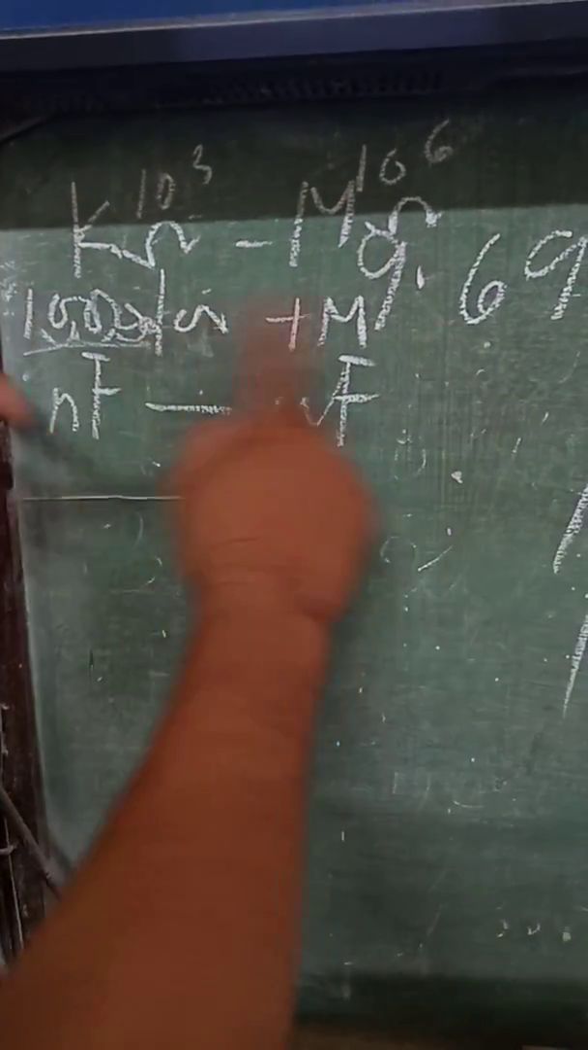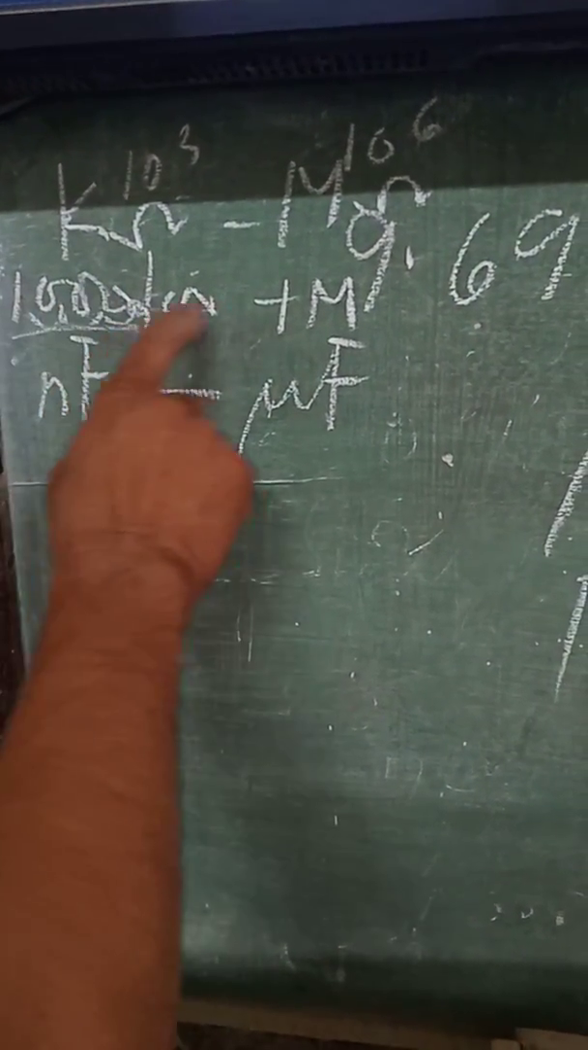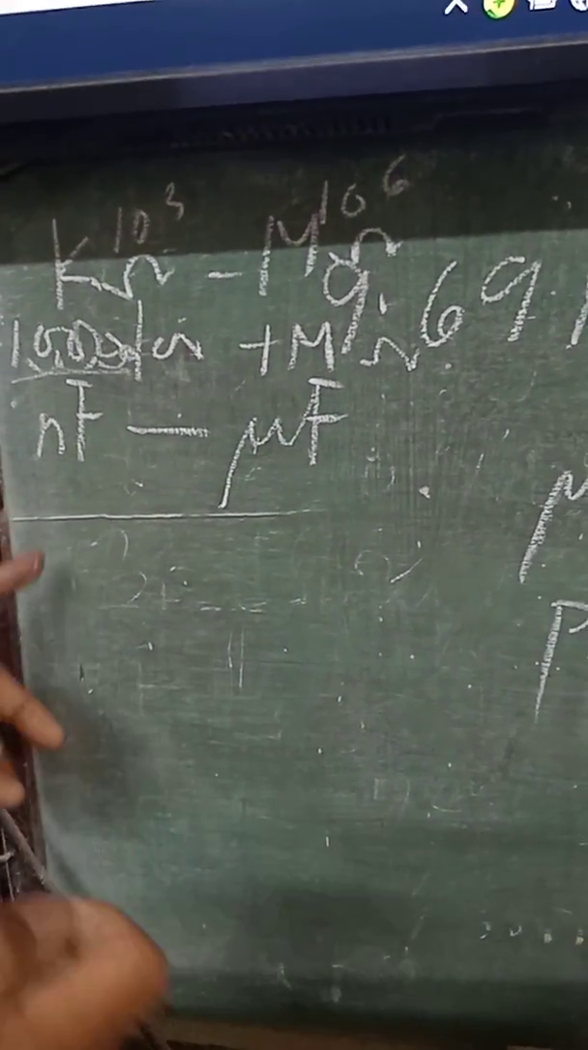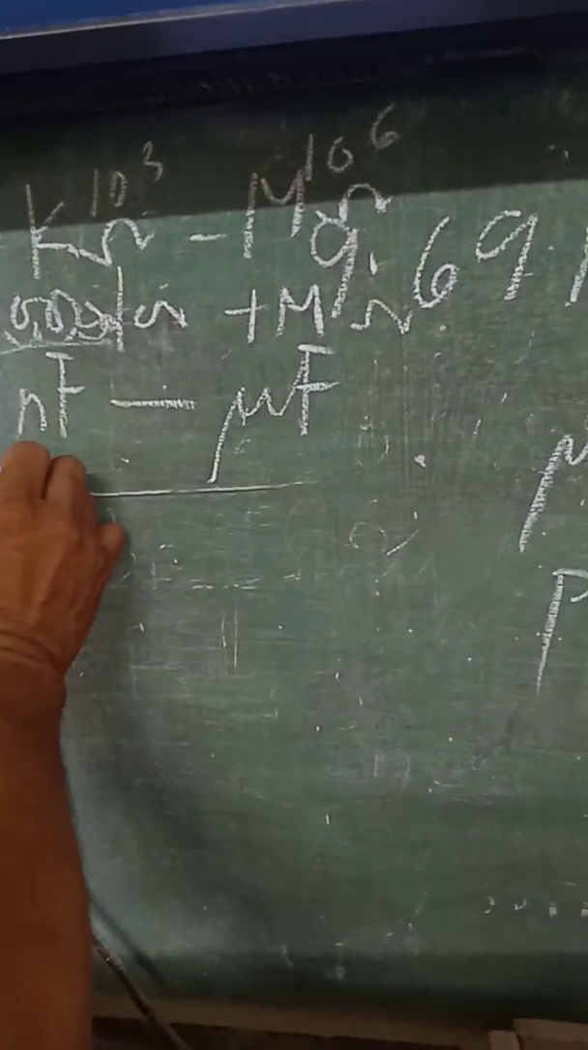So which of these two is appropriate? 1,000 kilo ohms or 1 mega ohm? So 1 mega ohm is actually the most appropriate. Just like this one. So we have here